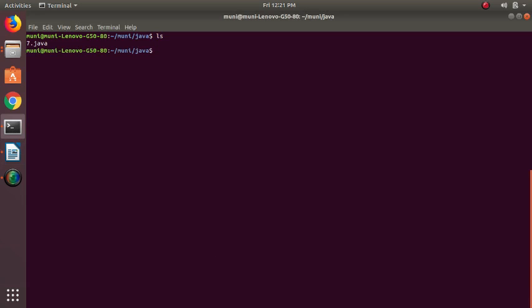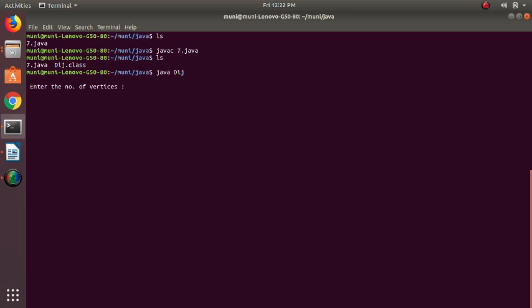I have created the program called 7.java. I will compile that, 7.java. So there are no errors. Let us find out the class name. The class name here is Dij, short form for Dijkstra's. I have given the name in the class program also. Let us see the execution of this.